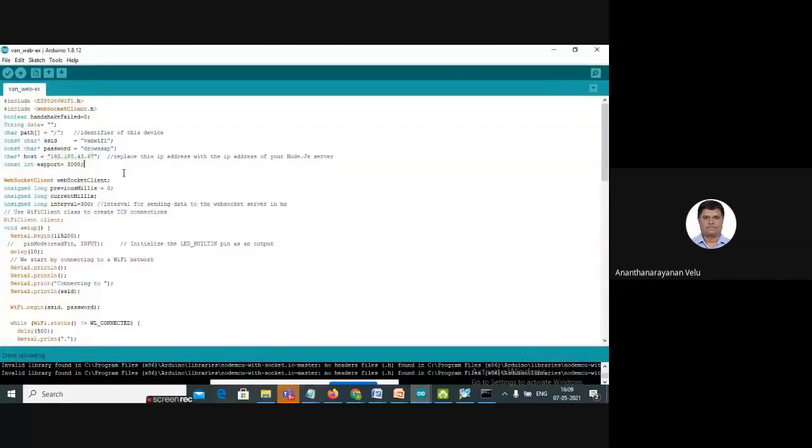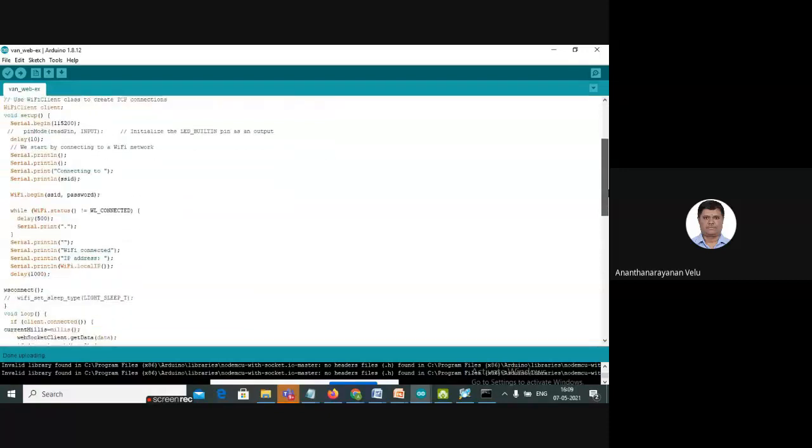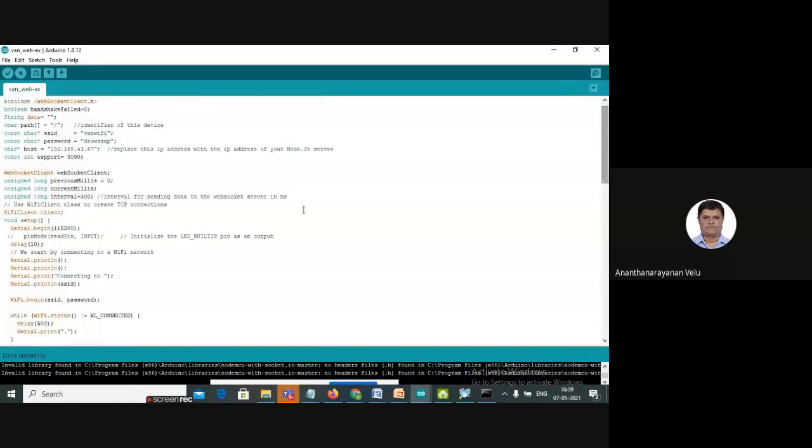In the hardware also, you have to mention where is your WebSocket server. Can you see the highlighted portion? So the server can be run anywhere in the world. The only thing is it should be reachable by your client.